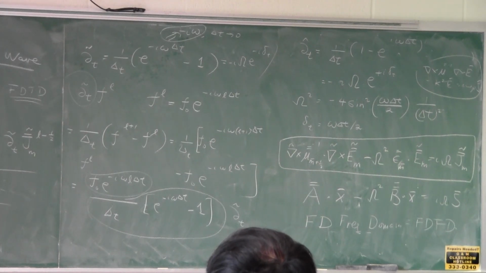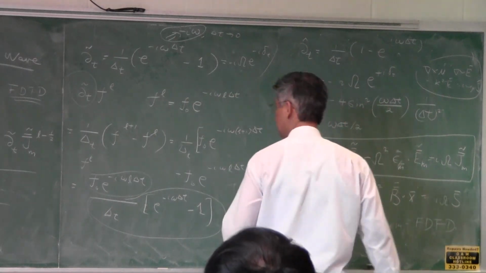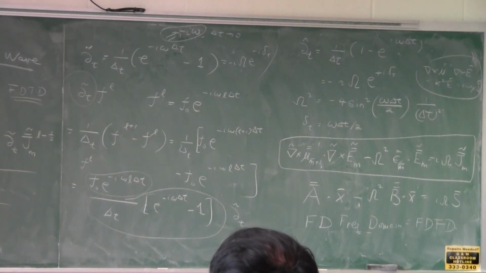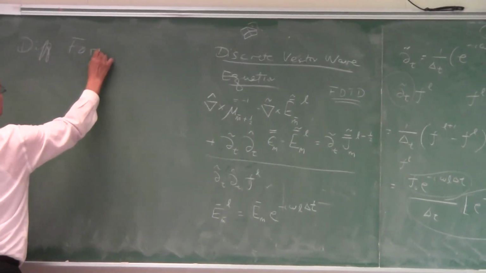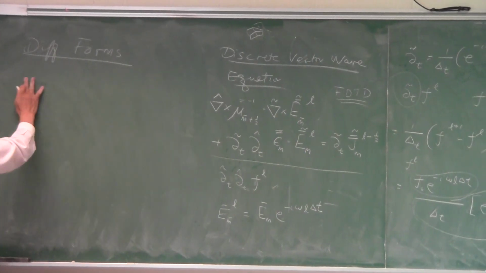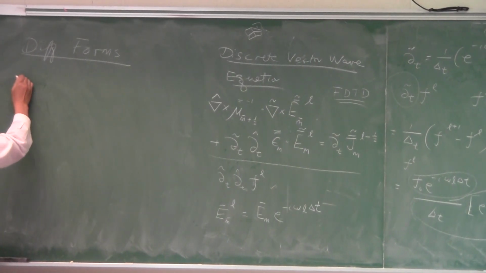One of the things that I want you to take note of is something called differential forms. Differential forms are another way of looking at electromagnetic theory from differential geometry. I can show that Maxwell's equations are intimately related to differential geometry. Then in differential forms, there are the zero forms. Zero forms are